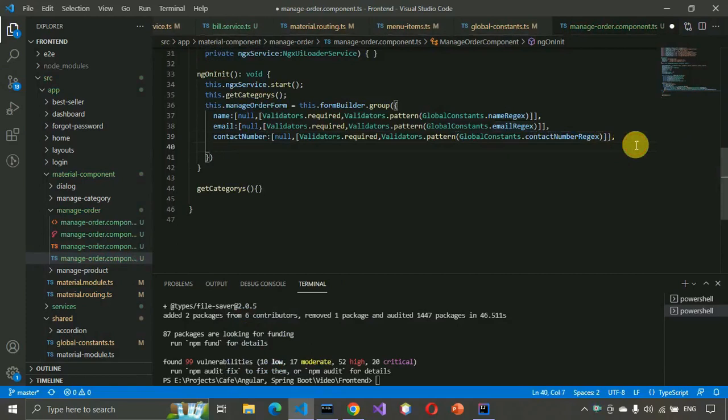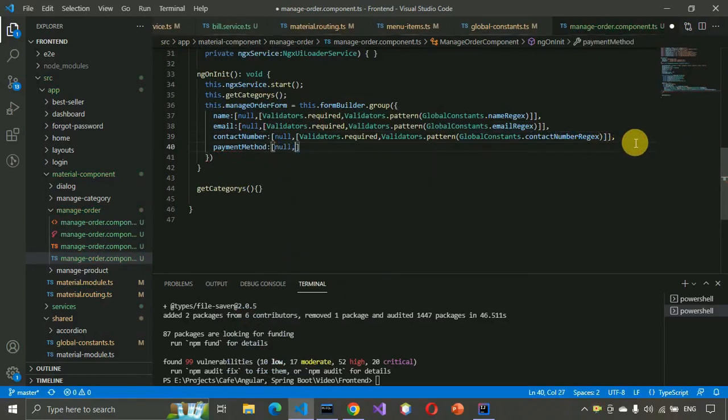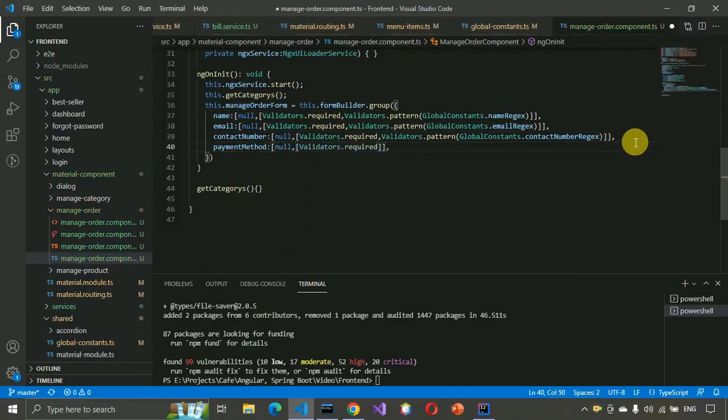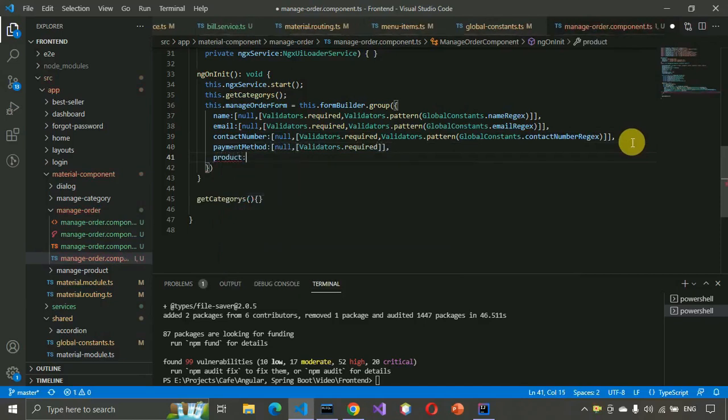After contact number, the next will be payment method, and it should be of null, and validators dot required, and after that product, and it should be of null, and validators dot required,